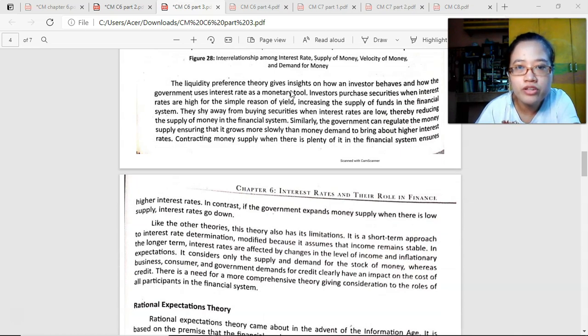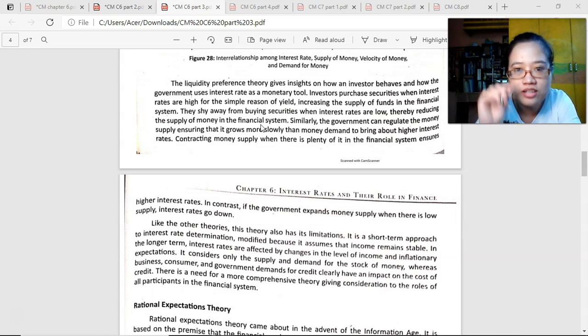The liquidity preference theory gives insights on how an investor behaves and how the government uses interest rate as a monetary tool. Investors purchase securities when interest rates are high for the simple reason of yields. Okay? Mas malaking kikitain nila. Increasing the supply of funds in the financial system. They shy away from buying securities when interest rates are low kasi, mababa lang, thereby reducing the supply of money